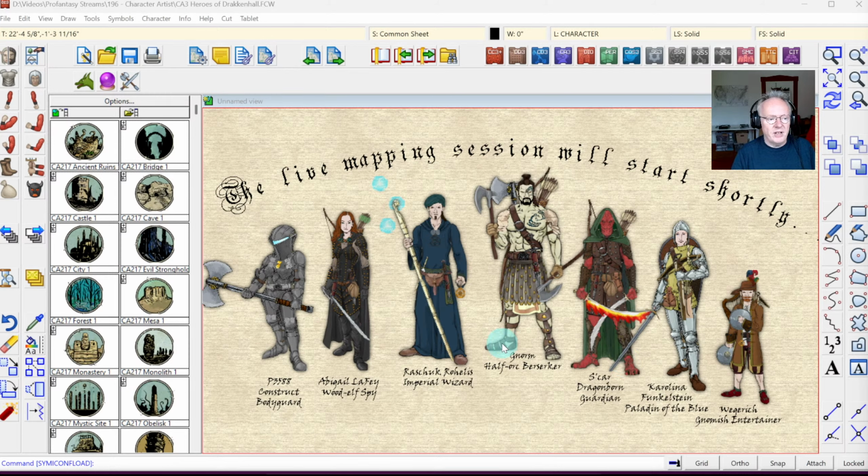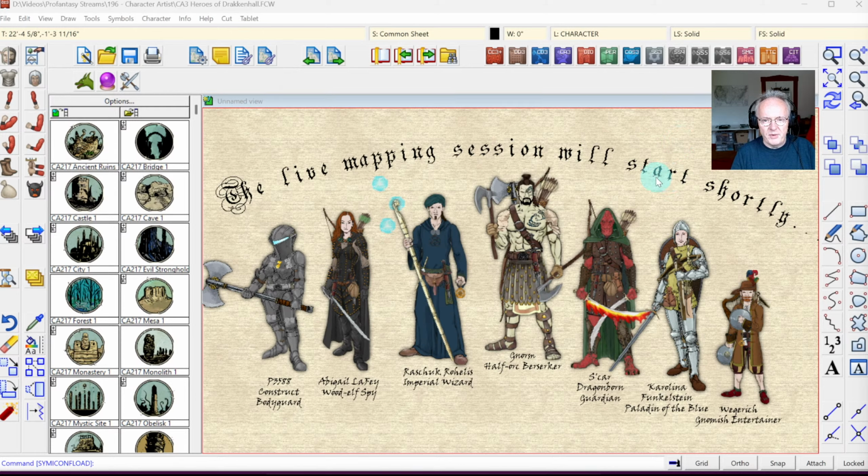All right, so Character Artist. You'll see it here on the fourth space in our add-on toolbar up on top. It's actually one of our earliest add-ons after the base software, Dungeon Designer and City Designer. It is very different, obviously, because it doesn't do maps, it does portraits or figures of characters, and therefore it isn't used quite as often because it is pretty specialized